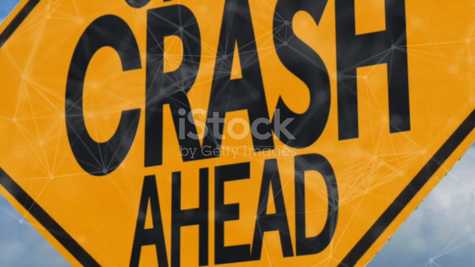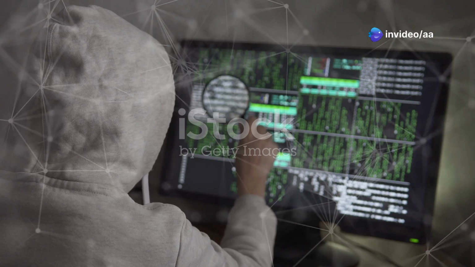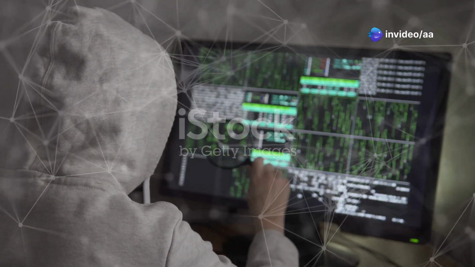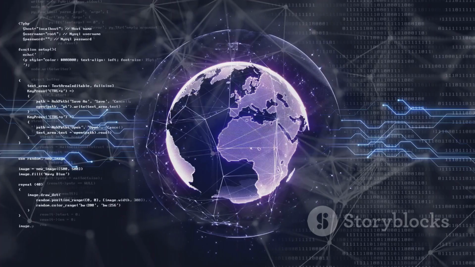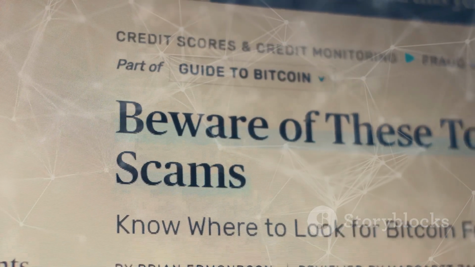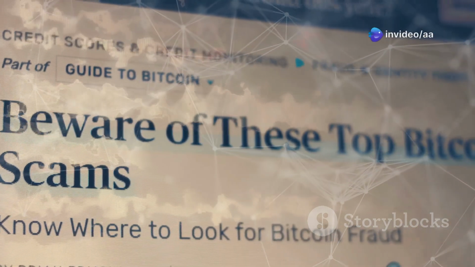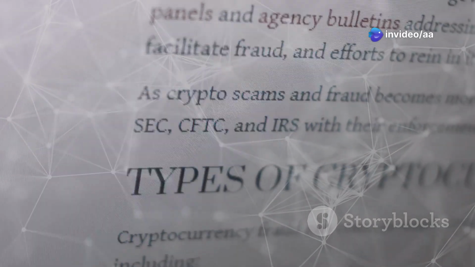Section 7. The other side of the coin: risks and scams in the airdrop world. While airdrops can be rewarding, they are also fraught with risks and scams. The allure of free tokens makes them a prime target for malicious actors. One common scam involves fake airdrop announcements. Scammers create websites or social media profiles that impersonate legitimate projects. They promise valuable tokens. However, their goal is to steal your private keys or seed phrases.